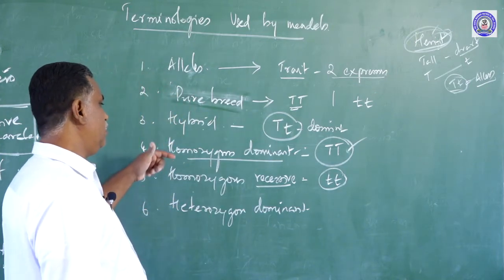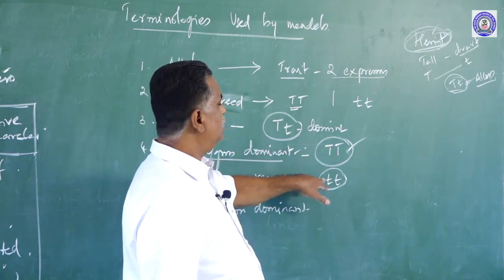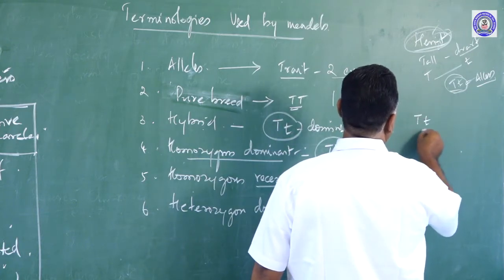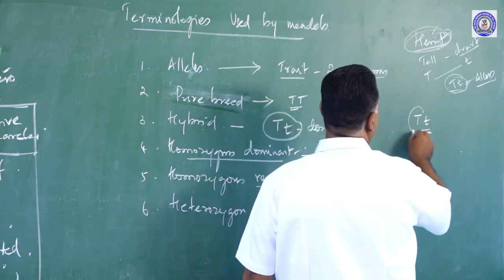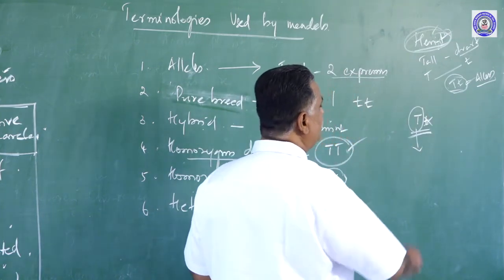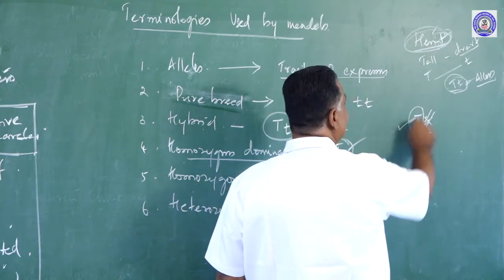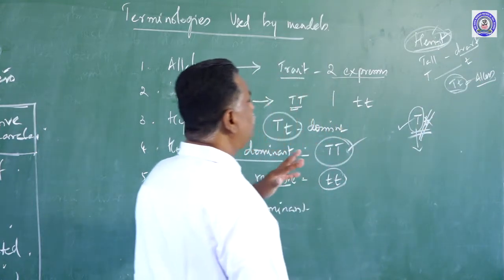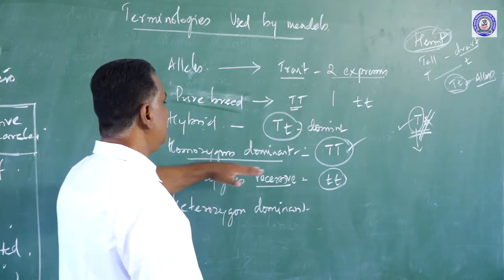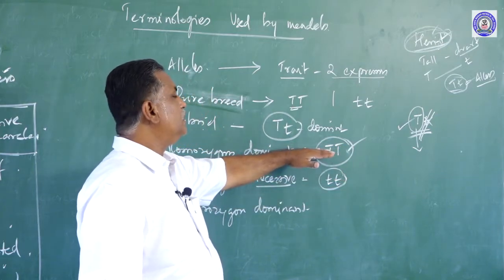When do you call an allele or gene dominant or recessive? When two factors, capital T and small t, are together, the character of only one is expressed in one generation, the character of the other is not expressed. The one whose character is not expressed is recessive. The one whose character is expressed is dominant. So, the alleles are dominant over one another. One is recessive, another is dominant. Here, capital T is dominant to small t. Small t is recessive to capital T.